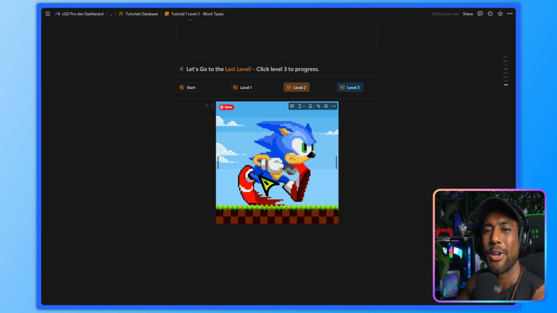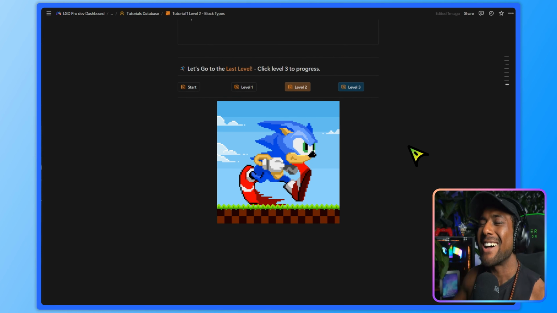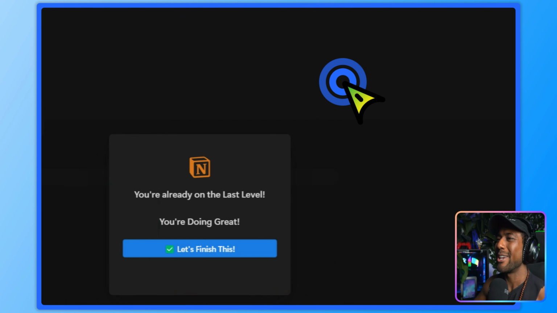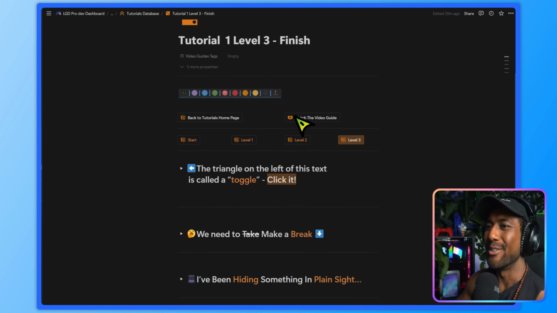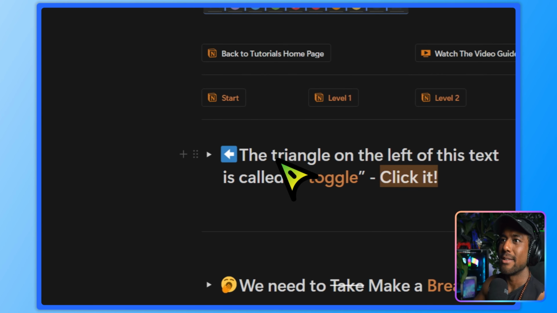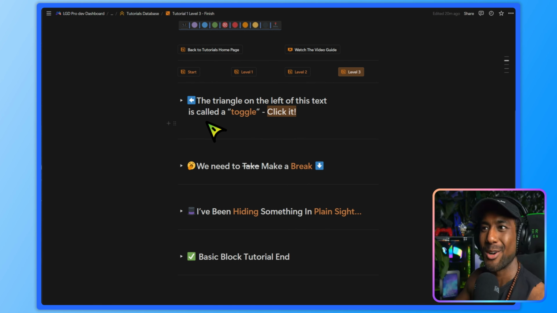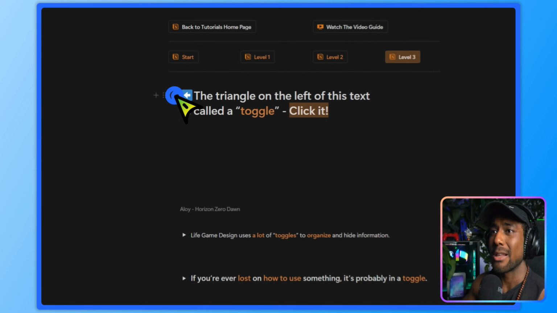So that's about it for creating the basic blocks. All right, let's smash the last level of this and progress to level 3. All right, we're on the last level. Let's go. Okay, over here, this triangle on the left is called a toggle. You're going to fall in love with toggles because that is how I bunch up all of the information within life game design. All right, we click this triangle